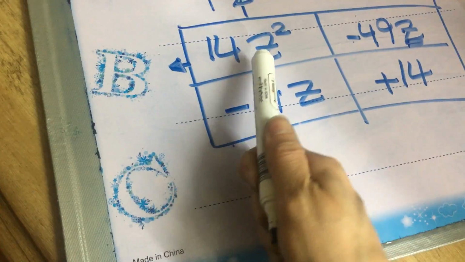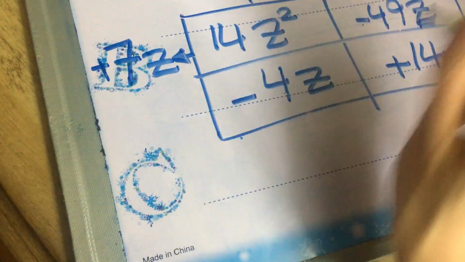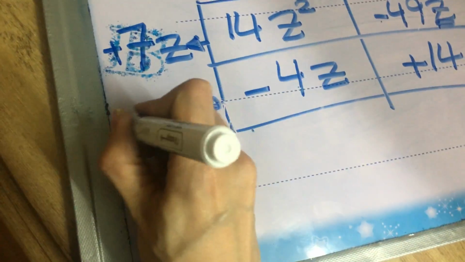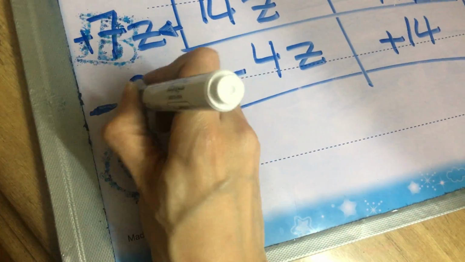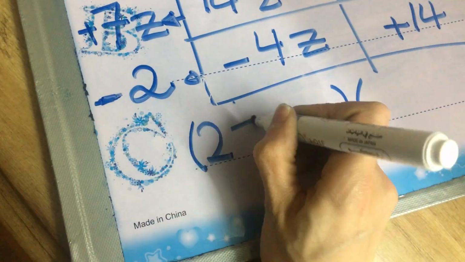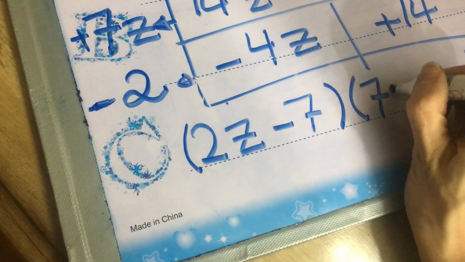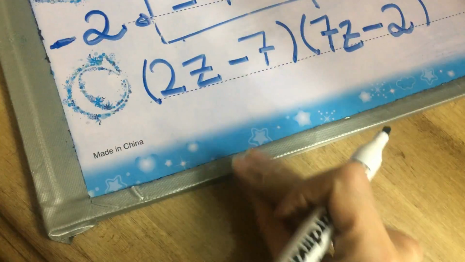No z. Now let's factor to the left. Between again 14 and 49, of course it's positive. Between 14 and 49 we have 7. Z, between z squared and z. Here, between negative 4, since negative is touching the line, we write negative. Between 4 and 14, we have 2. And our factors are 2z minus 7 and 7z minus 2. To do the checking part,